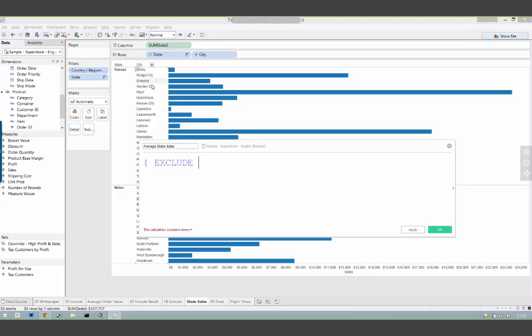Right now I'm at the level of city, and I want to get the average value at the level of state. So I'm going to tell it to exclude city and return the sum of sales.